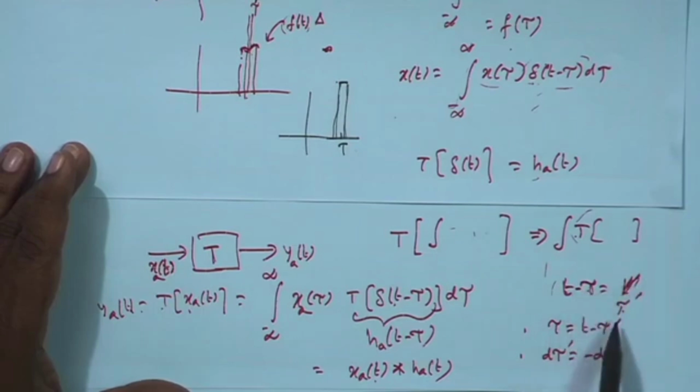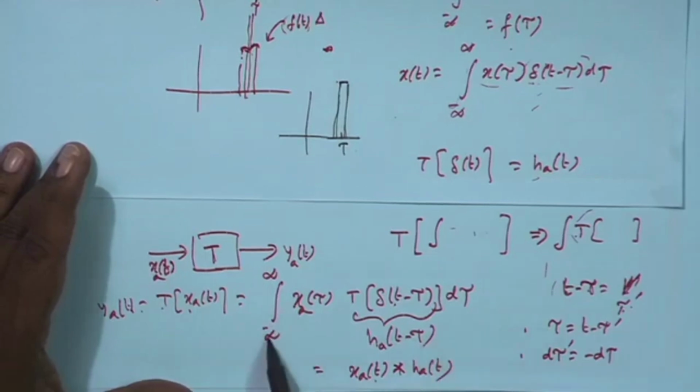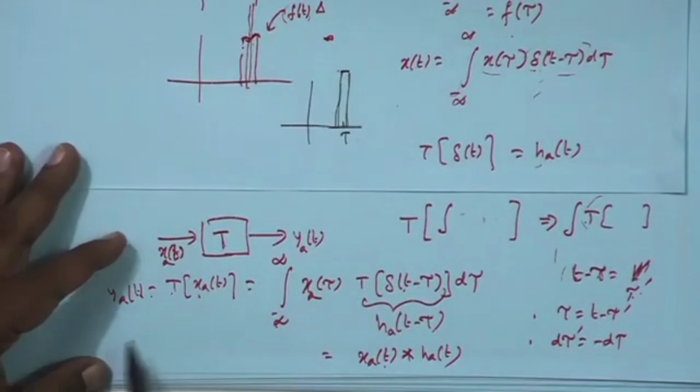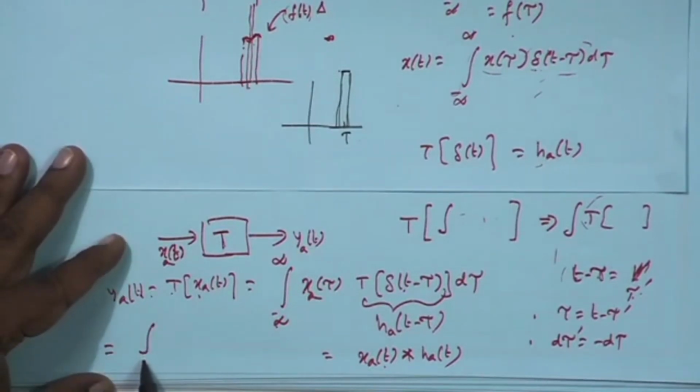So, what is tau? T minus tau prime, number 1. What is d tau prime? This is the same as minus d tau. T is constant in this because t is fixed from outside. And if tau goes to minus infinity, t minus tau goes to plus infinity, and vice versa. So, it will become plus infinity to minus infinity,